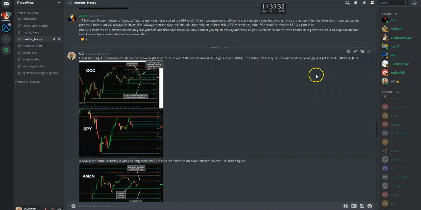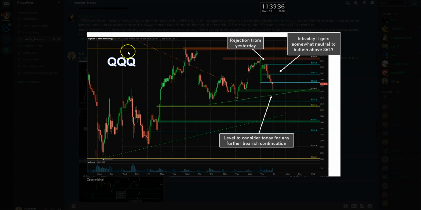Yesterday's fresh in everyone's mind. So let's take a look at QQQ, right? This is a 30-minute chart shared in the morning, and I think it will help with execution as well because a lot of you keep asking, how do we execute? Where do we enter? And all that stuff. So maybe if you go through this exercise where we review the morning notes, compare with how the chart played out that day, and then what you could have done, right? What the morning notes said, and how do you read those notes and then plan your day?